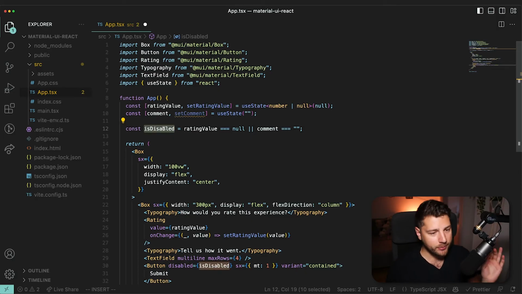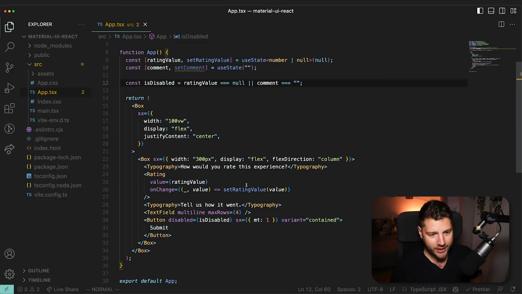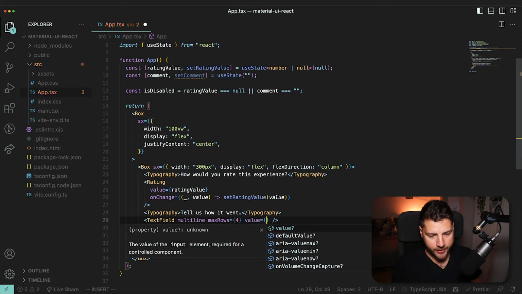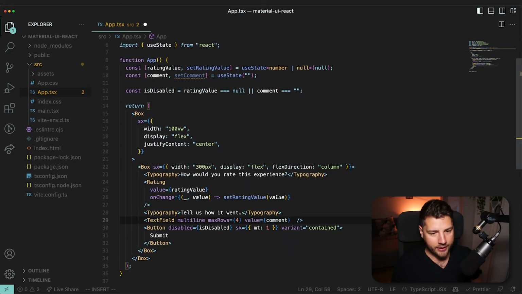So the form is going to be disabled if the rating value is of type null and if the comment is of an empty string. So if there's no rating or no comment, this form is going to be disabled. So that's fine. And then what we want to do is we want to pass this value comment, and then